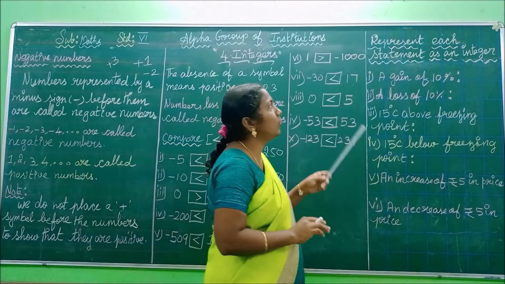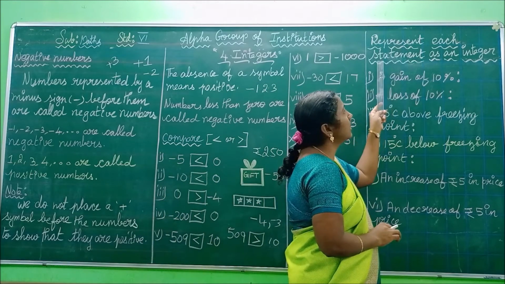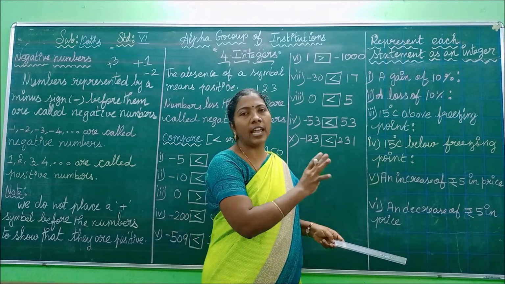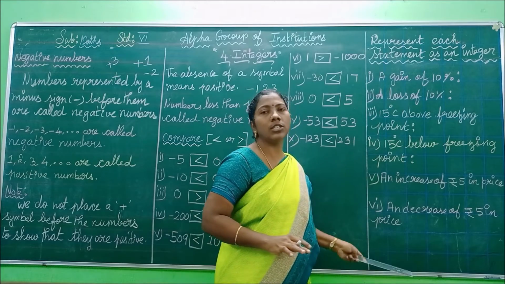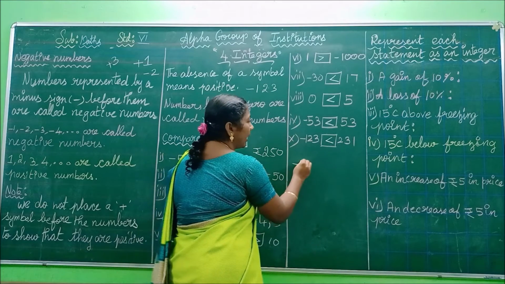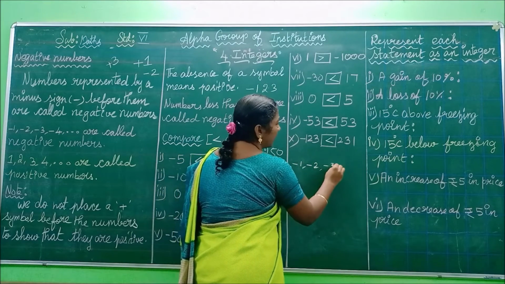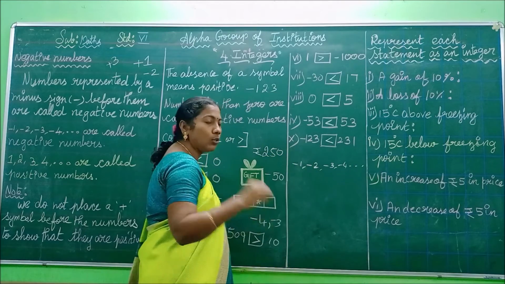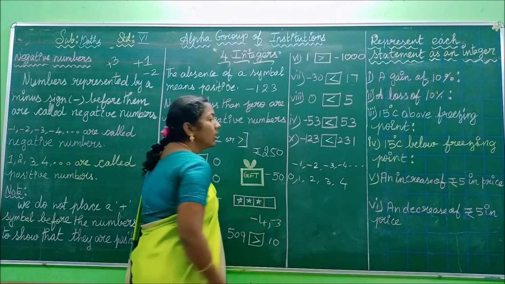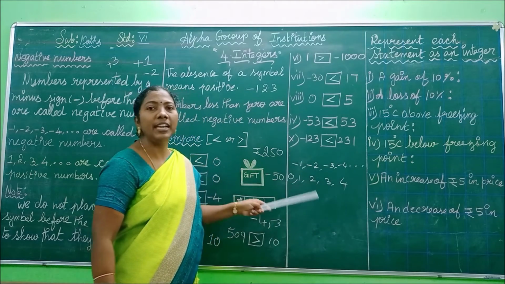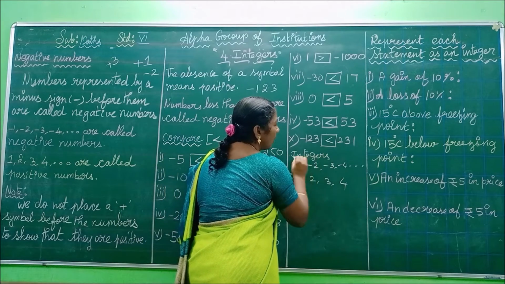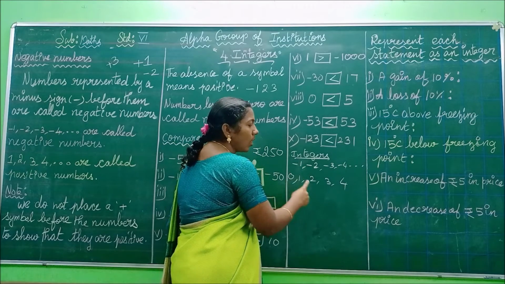Okay. Next we are going to see how to represent each statement as an integer. These are some situations we come across in our daily life. Now we are going to represent these situations by using integers. What is meant by an integer? See here, the negative numbers minus 1, minus 2, minus 3, minus 4, etc., and also the positive numbers 1, 2, 3, 4, along with them 0. These combined are said to be integers. So integers are the combination of negative numbers, 0 and positive numbers.